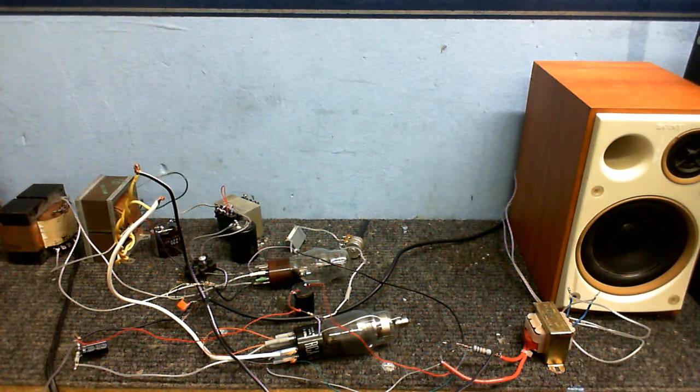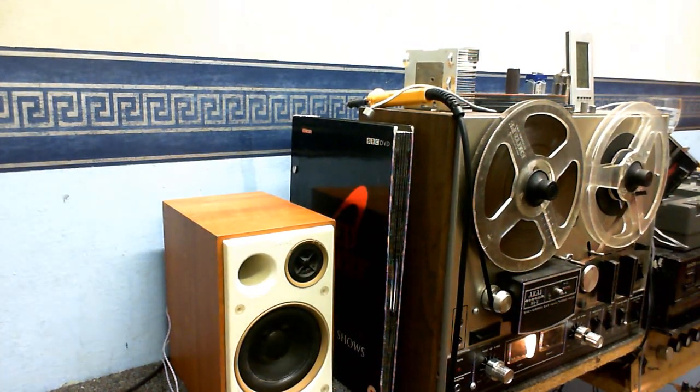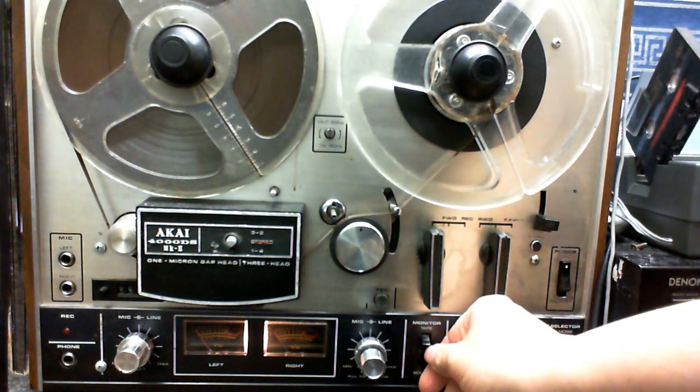Okay, so there's my Valve Amplifier in action. And anyway, yes, like I said, I'm going to call this a success. Now, on to that weird thing I was talking about just a minute ago. The weird thing is, right, I've got it connected up to my reel-to-reel, which is supplying the audio signal. Not sure how well that's coming over on the video, but if I switch the reel-to-reel to monitor from the tape,